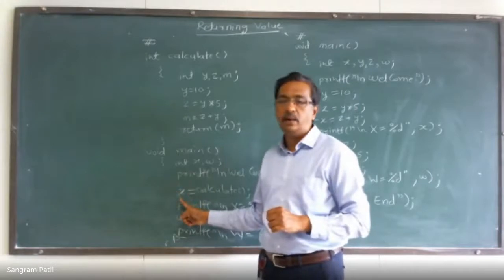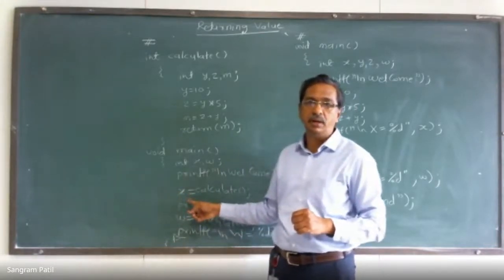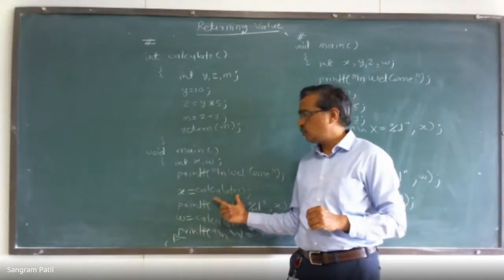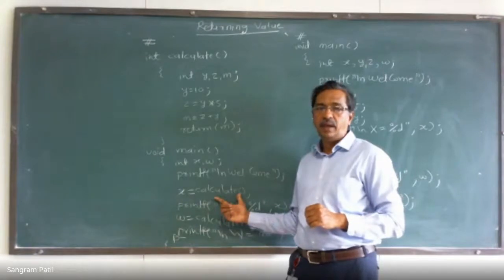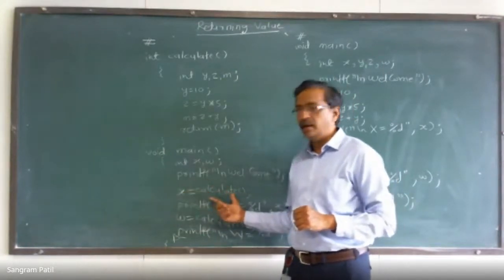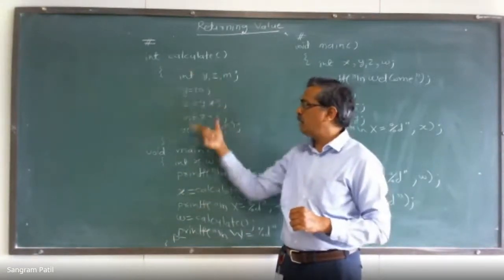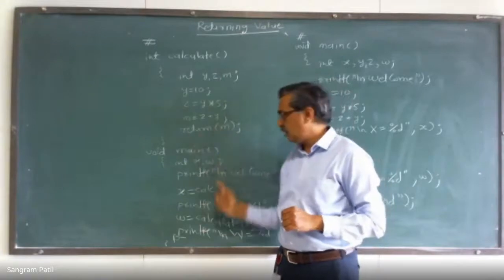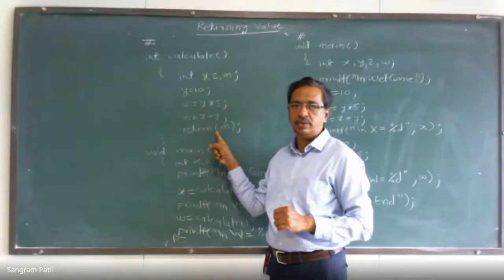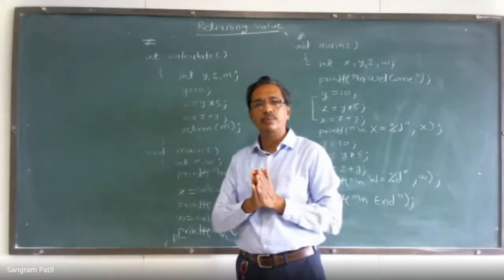So we can write a variable on the left hand side, because whenever it is an assign statement, your computer or in normal life we solve the right hand side and whatever answer we get we give to the left hand side, and the right hand side is nothing but the name of the function. So your compiler will execute the function first and then it gives the value to the left hand side when there is a return statement. This is a simple concept of returning a value from a function.